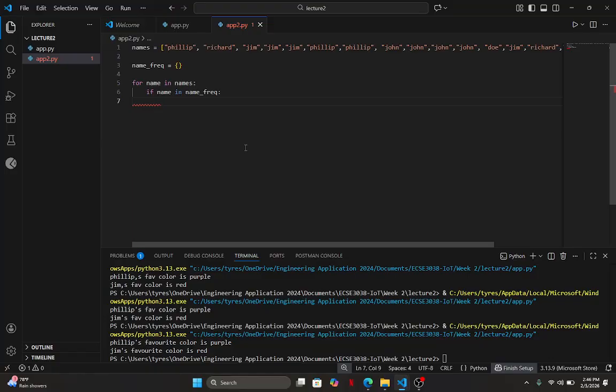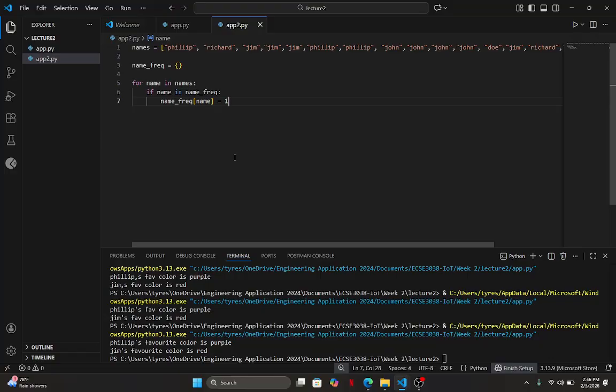So because it is not in there, I'm going to create a new pile. So I'm going to say name frequency square bracket name equal 1. I'm declaring that this is the first one. Name frequency Philip is going to be equal to 1.